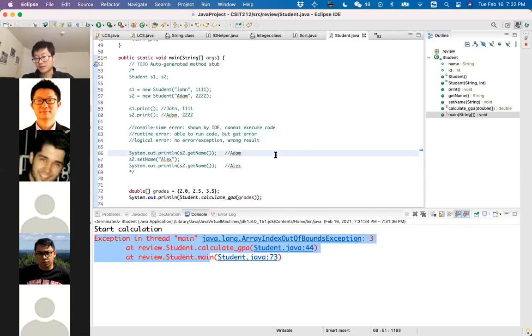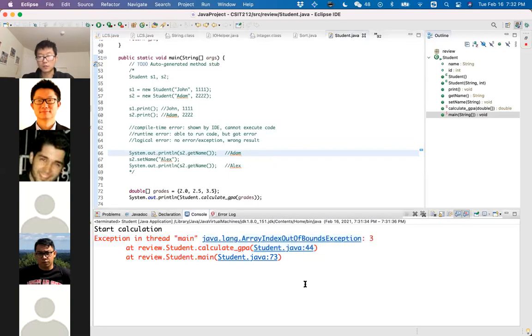So how do you fix this type of error when you are doing your homework? Let's go to the first line of the error message, saying exception in thread main, and the type of error is this: java.lang.ArrayIndexOutOfBoundsException. If you copy and paste this, this is basically the type of error. This tells you what type of error you are receiving.